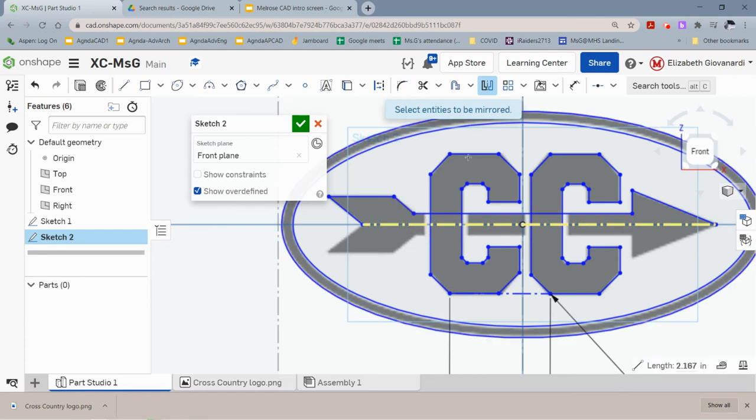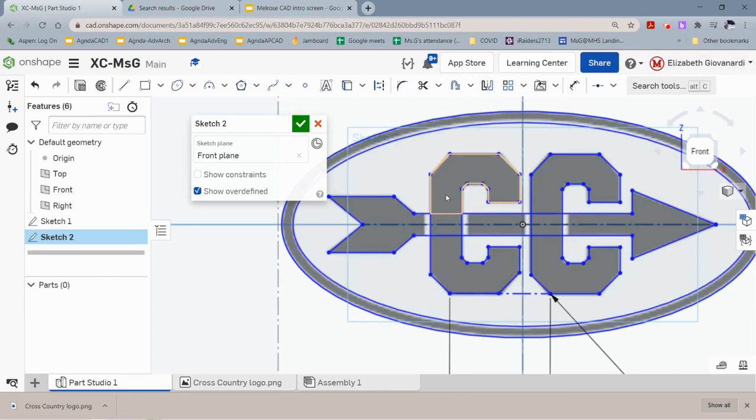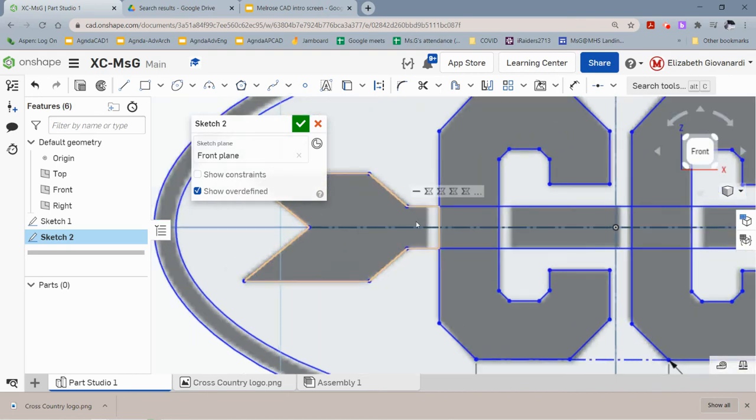Now it's telling me to select the entities to be mirrored. So this just means what do you want to mirror across the way. So I'm going to click every line that I just drew that made up this arrow. There aren't too many of them. And then I'll hit enter or come back up and click that button to get out of the command. And so now you'll see we have an arrow, but it's crossing through the C, not a way that's representative